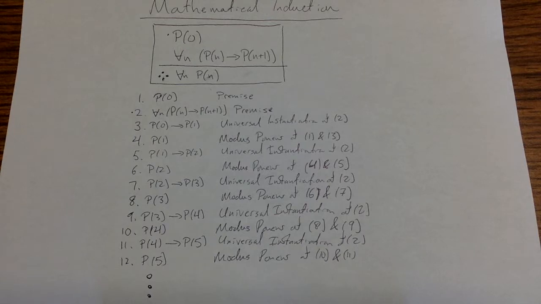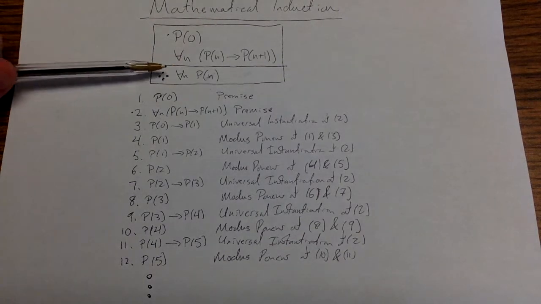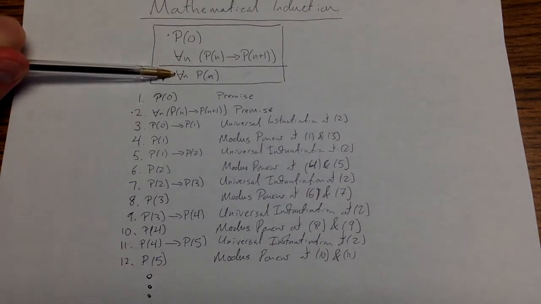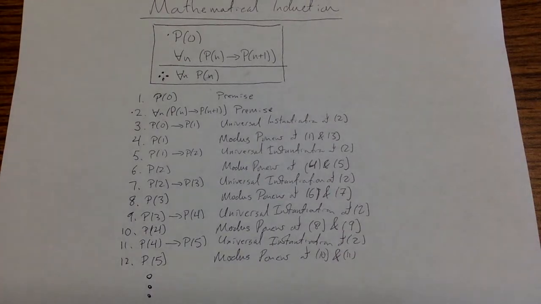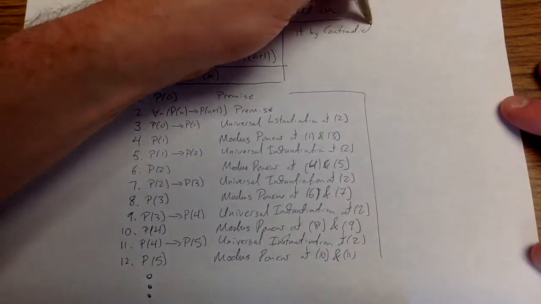This idea will work. The other way to think about it is, suppose I was proving by contradiction. Suppose I was trying to show the opposite of this statement. The opposite of the statement would be there exists a value n such that P(n) is false. And here's where the crucial idea would be: I would let n be the minimum value where P(n) is false.